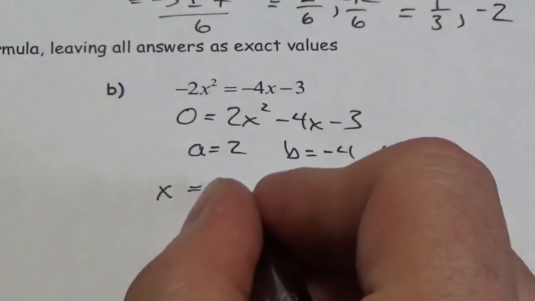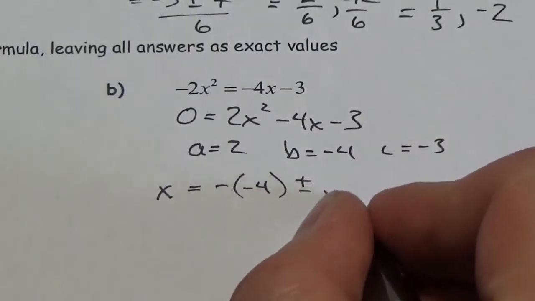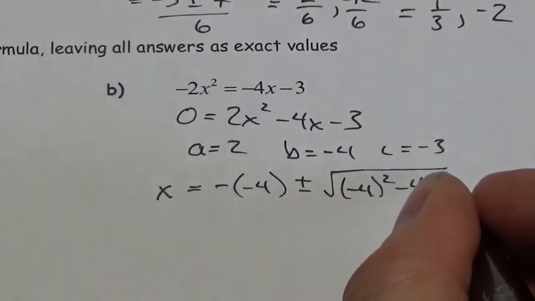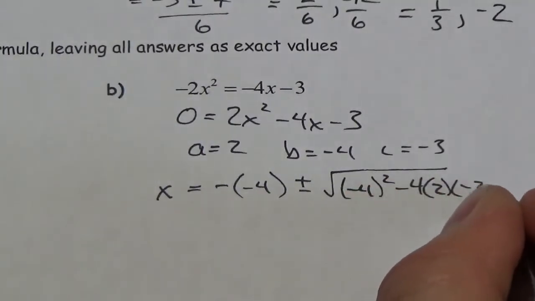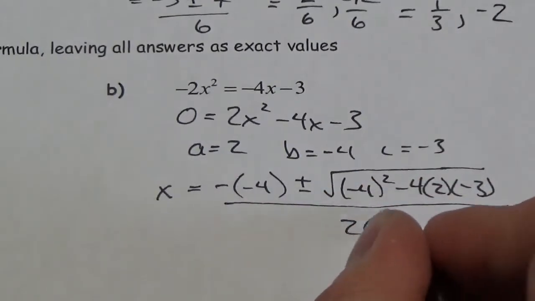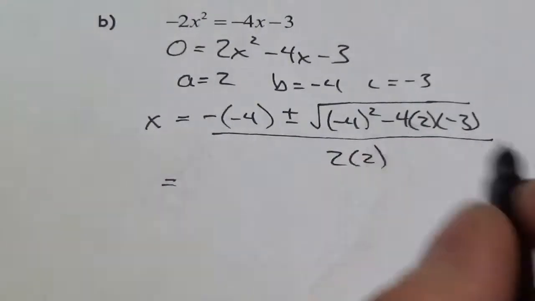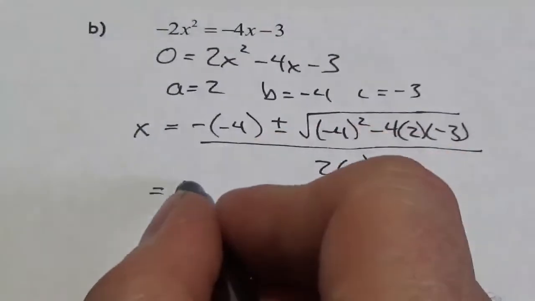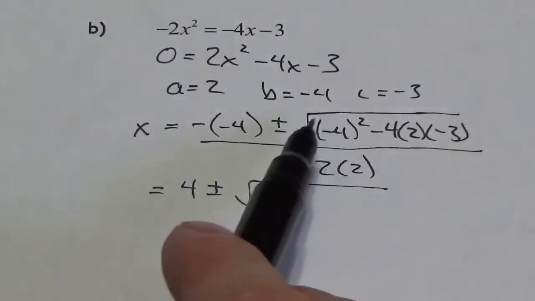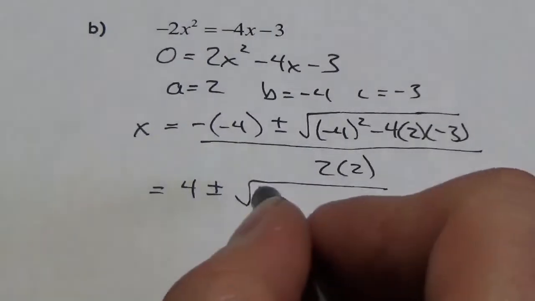So it's going to be the negative of the B value, so negative of negative 4, plus or minus the square root of negative 4 squared minus 4 times A times C, and this is all over 2 times the A value. Okay, and now we just evaluate. So the negative of negative 4 is just going to be positive 4 plus or minus the square root of, and like I was telling you before here, I think it would be smarter if you just knew that negative 4 squared is going to be positive